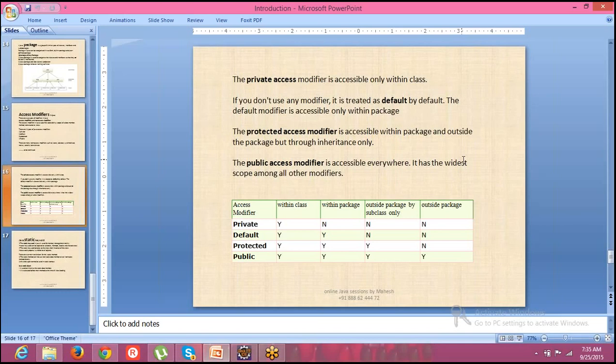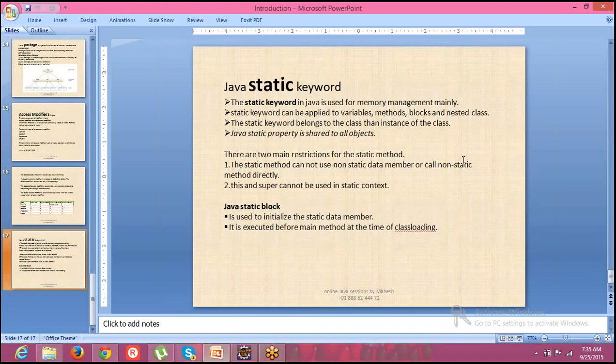Today we are going to see the static keyword. I hope you have already got this PPT, right? Please go through that, and you can go through the course contents also. We have already discussed the static variable, is it not? Yes. Okay, so can you try to recollect what a static keyword is?